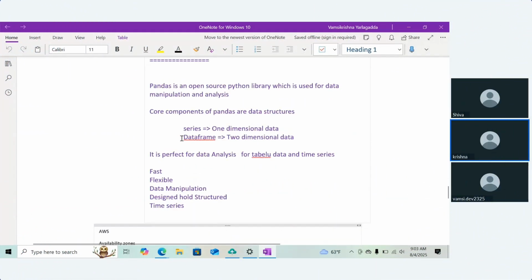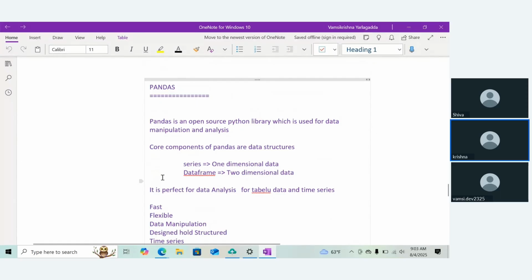In the previous session, we were discussing Pandas. Pandas is an open source Python library which is used for data manipulation and analysis. We can do the analysis and some manipulations on the data using Pandas. And in Pandas, there are two types: one is a series and another one is a data frame. A series is one-dimensional data, whereas a data frame is